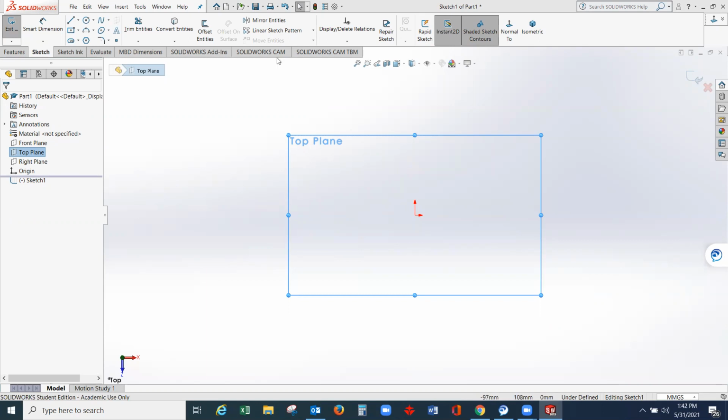You can set your units on top, but here on the bottom right side of your screen, you can select MMGS, which is millimeter, gram, seconds. And then let's start the given drawing.